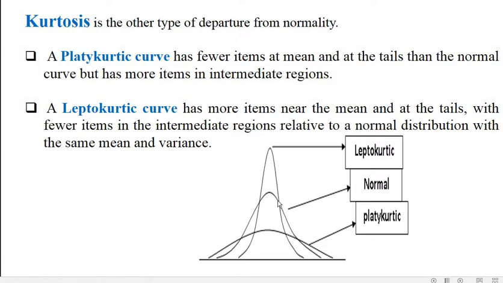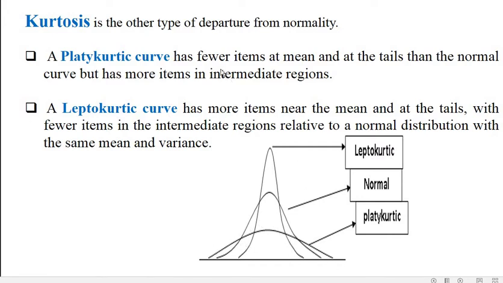That is the normal distribution curve, the bell-shaped curve. This shape may have a platykurtic curve. Platy منبطح. Platykurtic curve, like that,